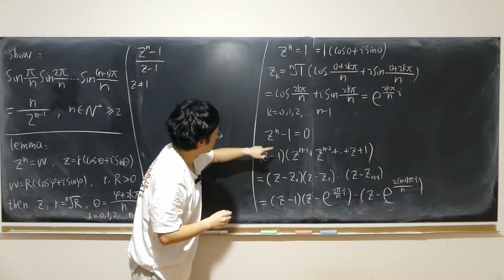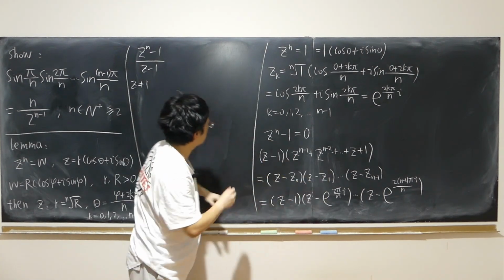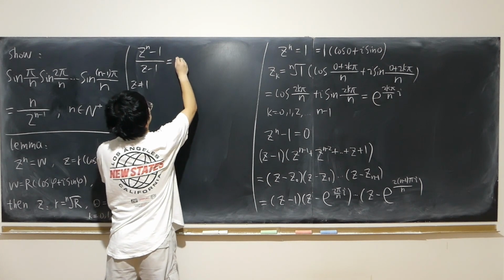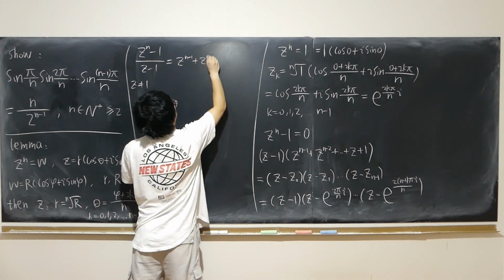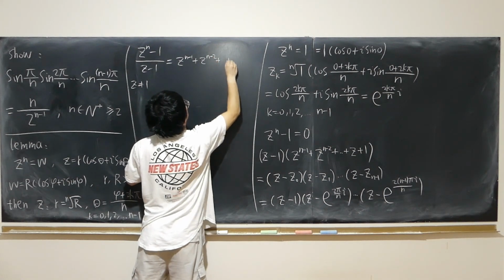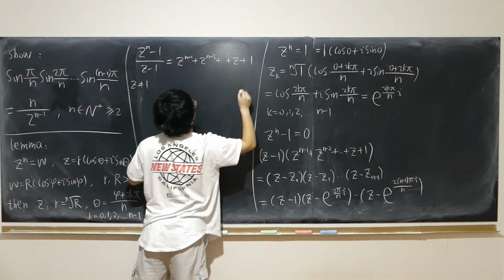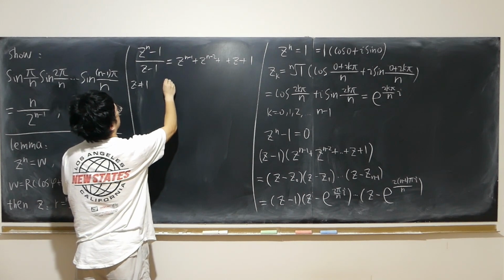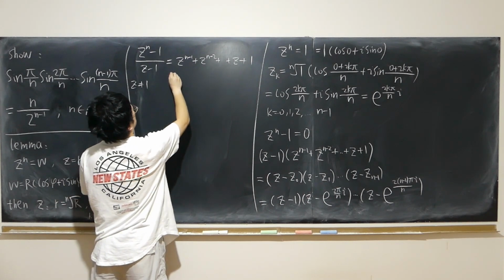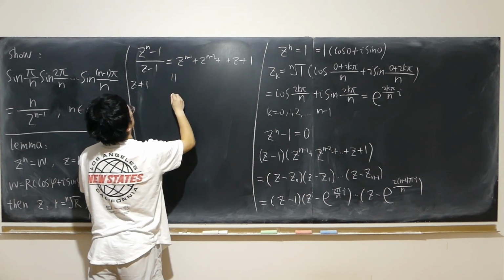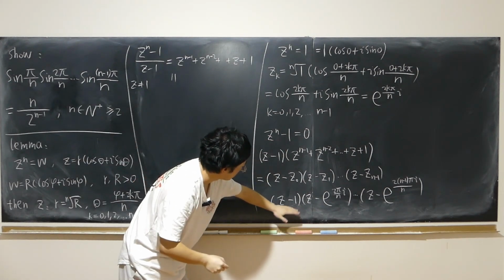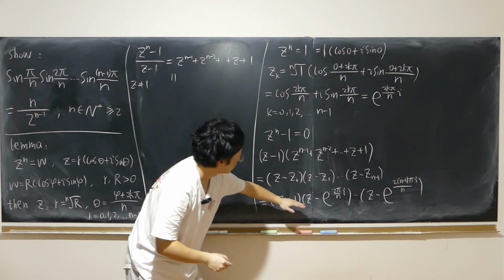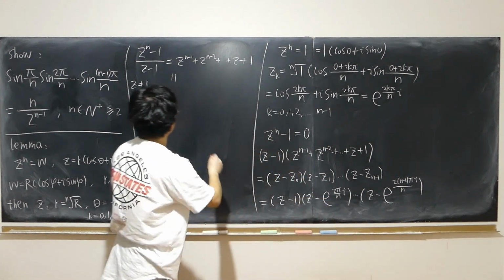Just divide over here, it equals this part: z to the n minus 1 plus z to the n minus 2 plus all the way to z plus 1. At the same time, this also equals, dividing z minus 1 over here, the remaining part,